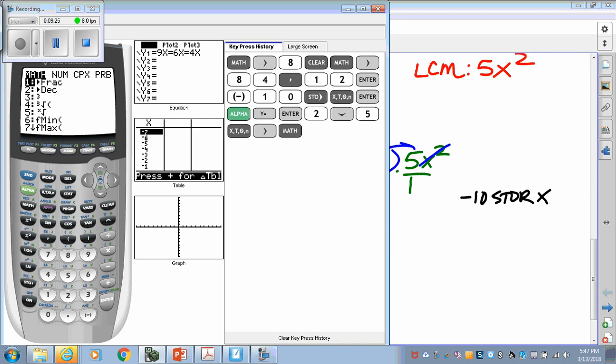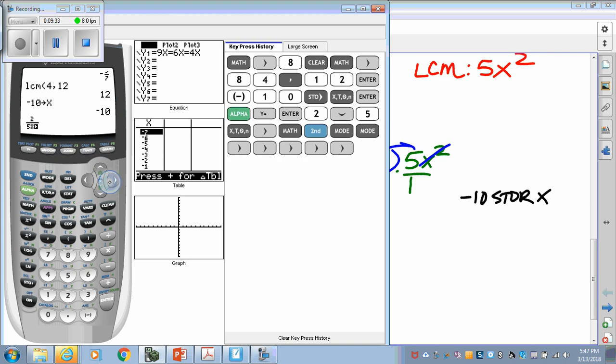Oh no, a second. Okay, second math, enter. So 2 over 5x equals, alpha y equals, enter, 4 over x squared,